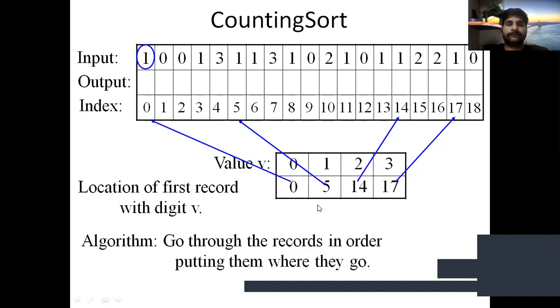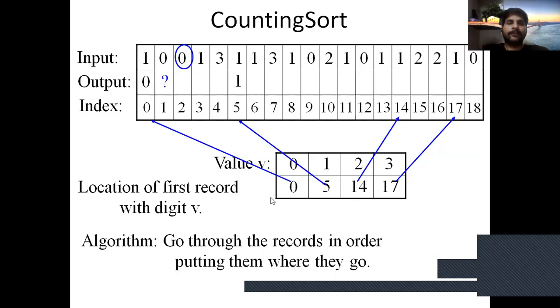1 starts from 5, therefore put the value in position 5, and 0 starts from index value 0, so we put the value 0 there. And the next 0 is placed where?